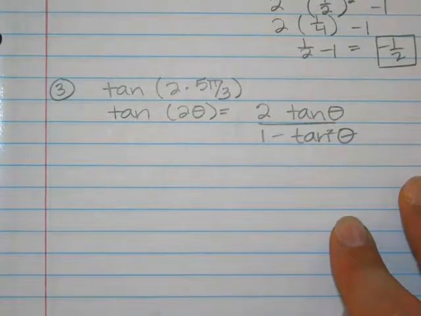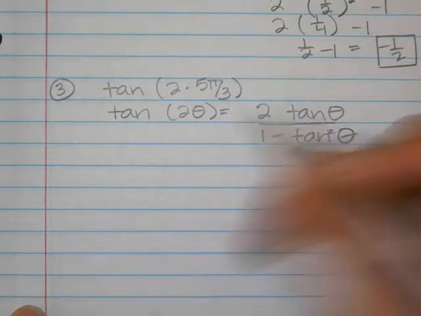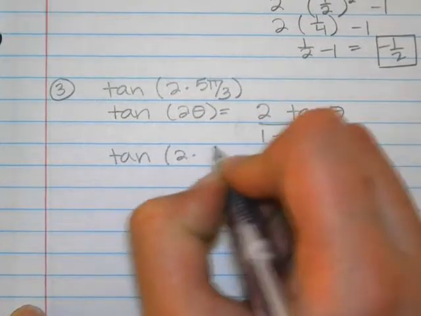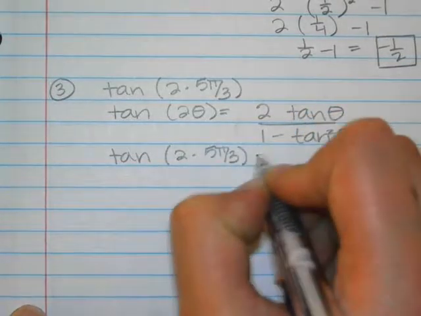So if I gave you a tan problem on its own, then it might be shorter to just do the tan problem. But if you had already done the sine and cosine problems and you wanted to just do sine divided by cos and get your answer, then that'd be fine. Yeah. All right. So we're going to go ahead and do this as tan of 2 times 5 pi thirds equals